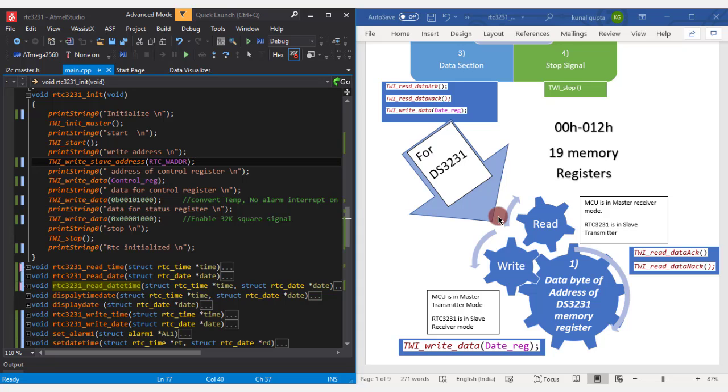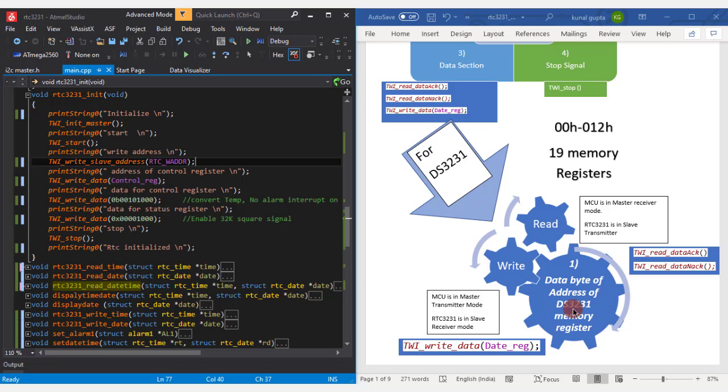As explained in the earlier videos, the RTC has 19 memory registers starting from 00h to 12h in hexadecimal format. We can do read or write operations on these memory registers depending upon the data which we want to access. In the data section, we first send the address of the DS3231 memory register.